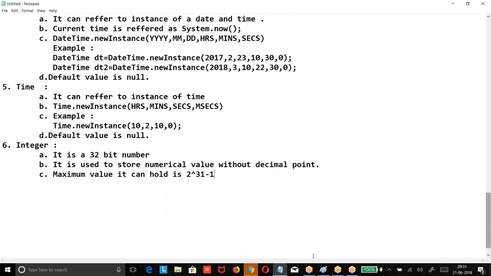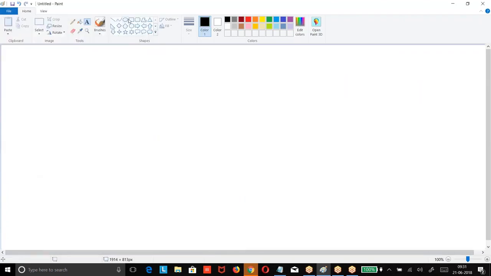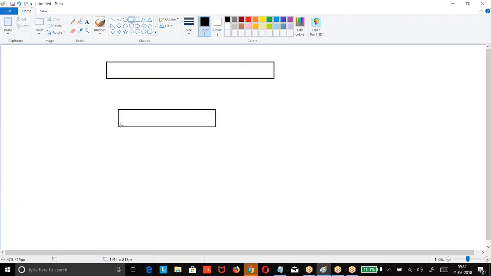Now, what is the maximum value? Look at the point. If I have 3 bits, what is the maximum value I can store? Whenever we take a numerical value, the last position is always meant for the sign of the number, plus or minus.